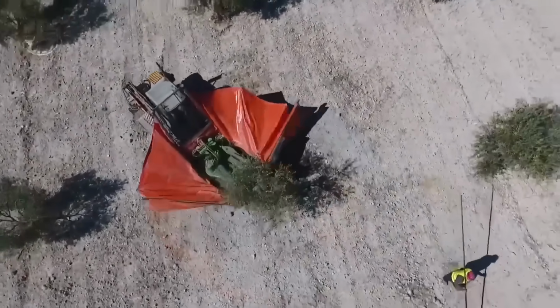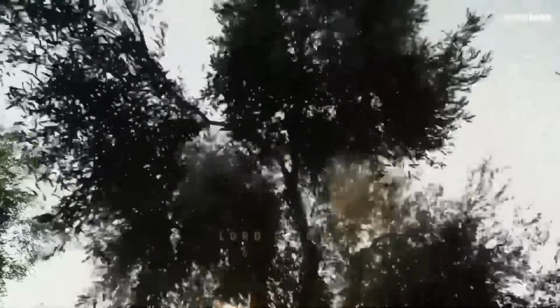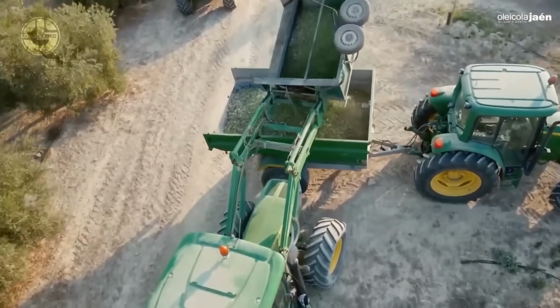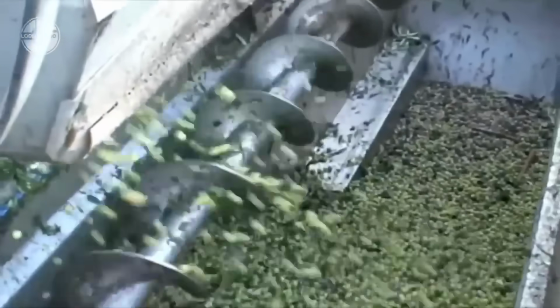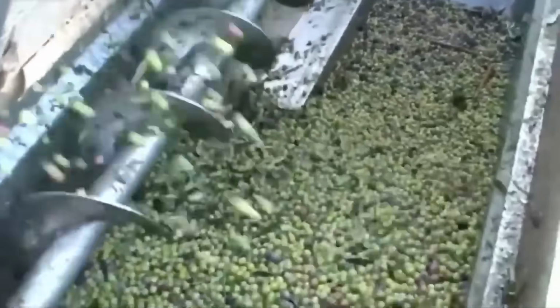easily fall off. Did you know olive trees, some of which are thousands of years old, can still produce olives and high-quality olive oil today? Olive trees are known for their remarkable longevity, and some ancient olive groves in the Mediterranean region have been passed down through generations for centuries. These ancient trees not only produce delicious olives, but also contribute to the cultural and historical heritage of the regions